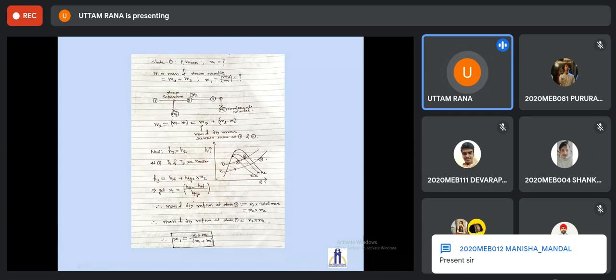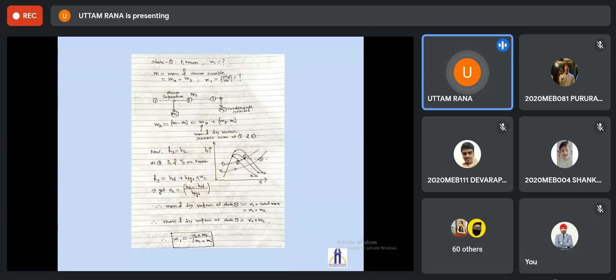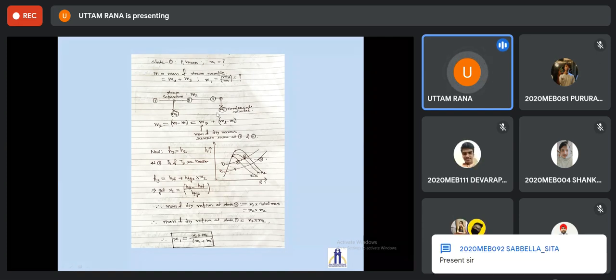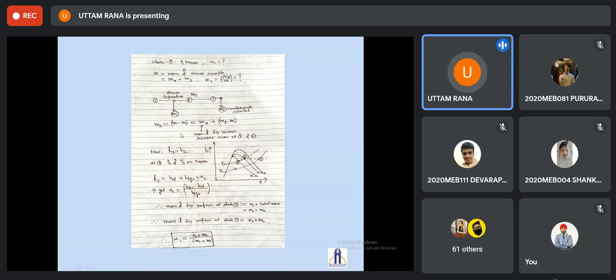Then it comes to state 2, where the quality of the steam is X2, and then it goes to the throttling calorimeter, and after that some condensate is collected, that is equal to M2. So what is M2? M2 is basically M minus M1, where M is the total mass, that is, M is equal to M1 plus M2. Now, the mass of the vapor present at state 1 should be equal to the mass of the vapor at state 2 also, because no vapor is collected.